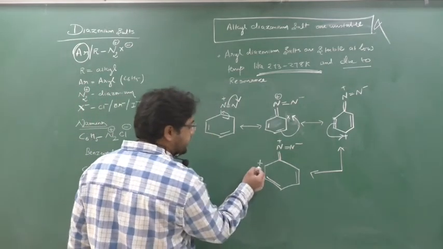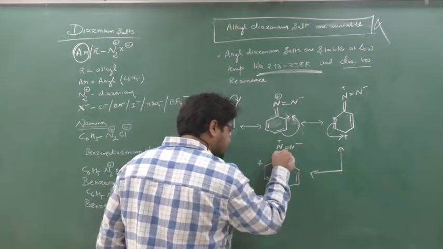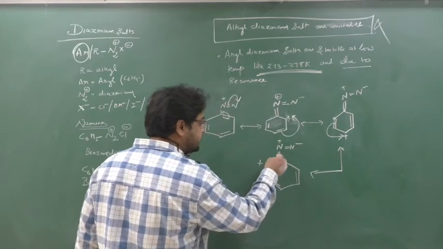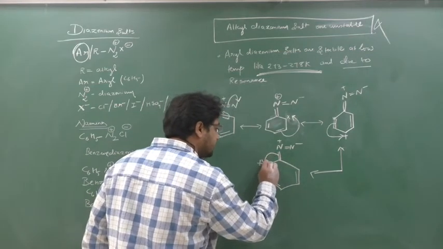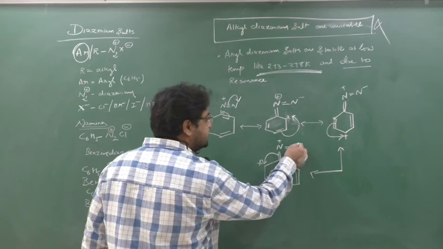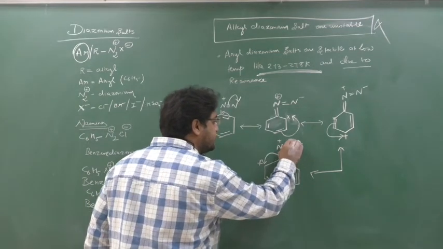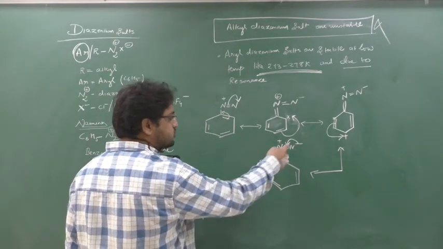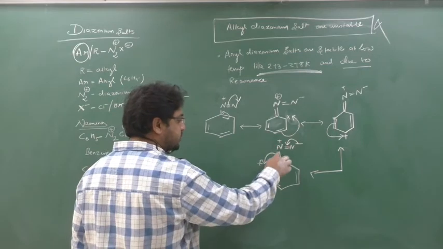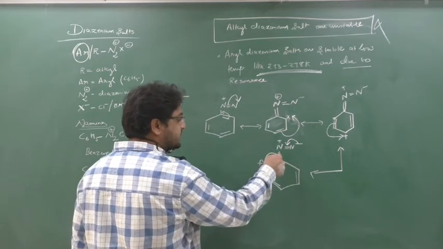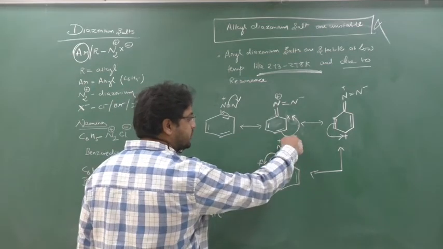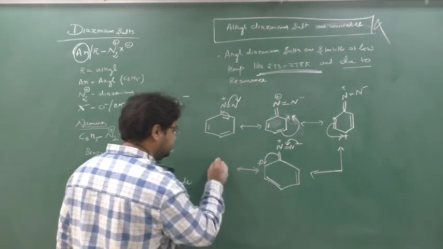Now what will happen? Again this is in need of electron. So out of this double bond, this pi bond will help here. When this pi bond helps here, this nitrogen will give its lone pair here, because here the pi bond breaks. So to make a new bond here, he has to break the old bond here, so he has to make a new bond here. So see this.